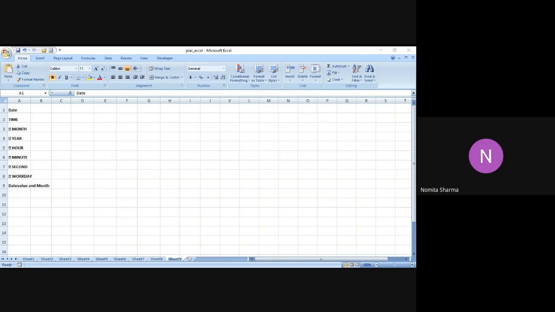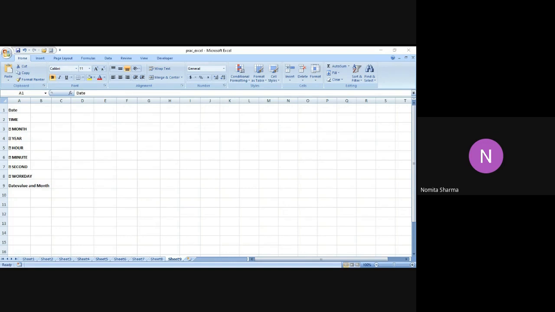Let me give you a very brief idea about these functions and somehow since there are so many functions we don't tend to remember all the functions especially when we need them. But we don't have to worry about that because Excel will give you the meaning and the syntax that we have to use for using these particular functions.